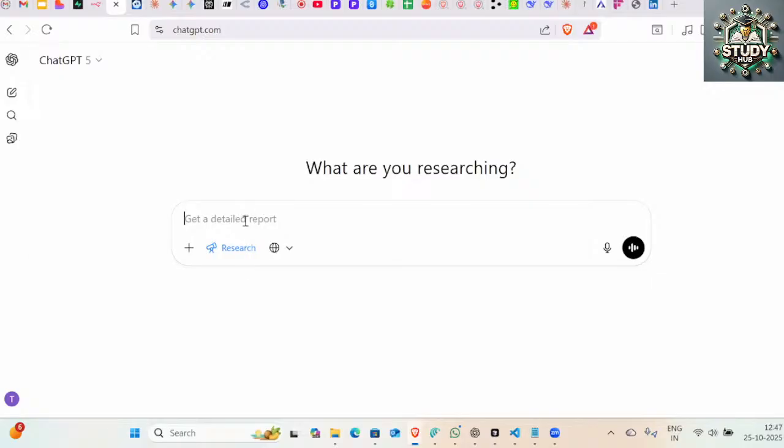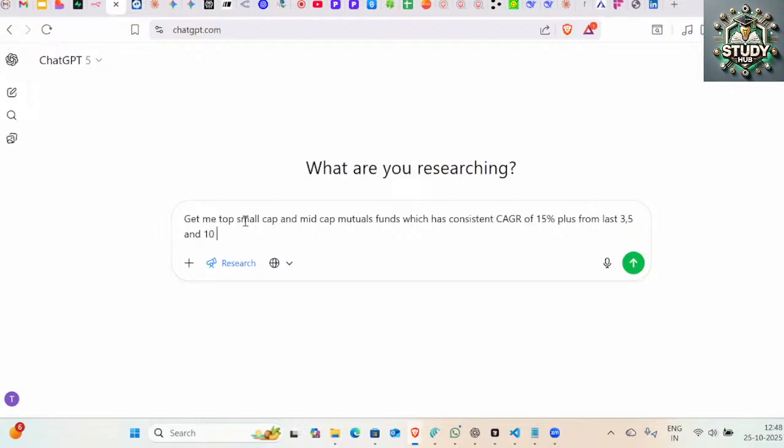Deep research will create a plan for you. So let's say I want it to get me the top small cap and mid cap mutual funds which have a consistent CAGR of 15% plus over the last 3, 5, and 10 year time frames.